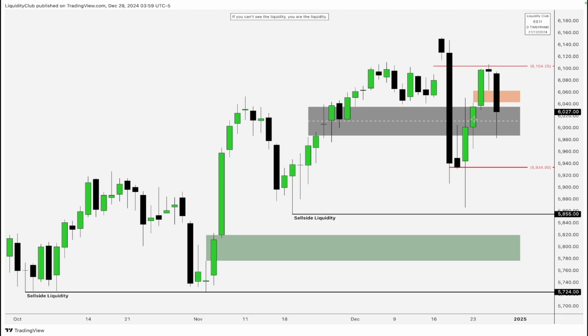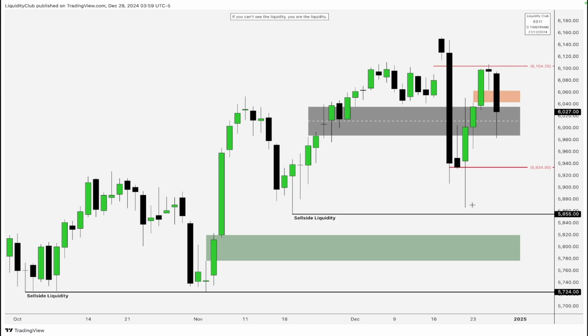Going to the daily time frame chart, you can see how price traded up higher, reached that level and started breaking down lower. We have a fair value gap here. The price closed below it. I'm considering this as an inversion fair value gap. So if price wants to retrace, I'm looking for some kind of resistance at this area that can push price down lower towards the sell side liquidity. That's going to be pretty much it for ES.